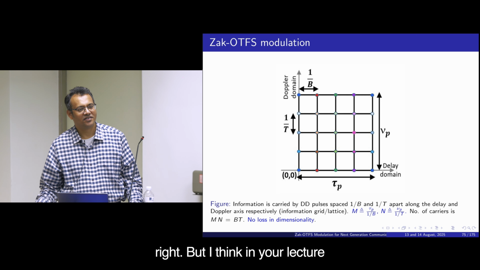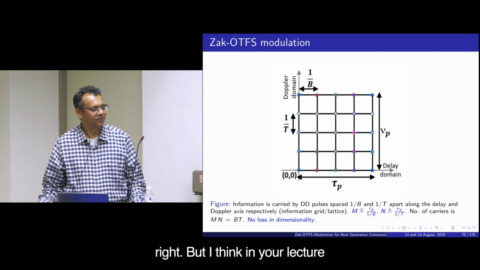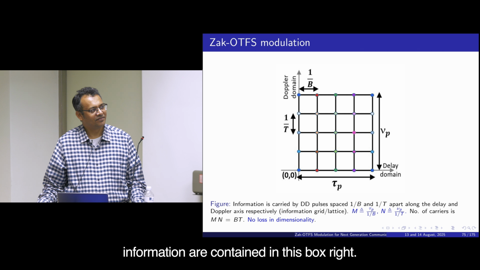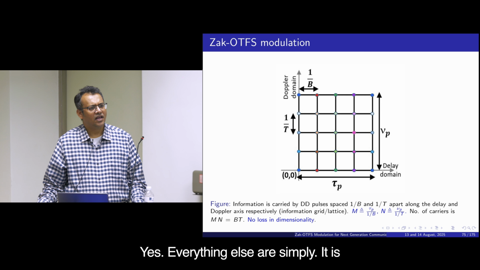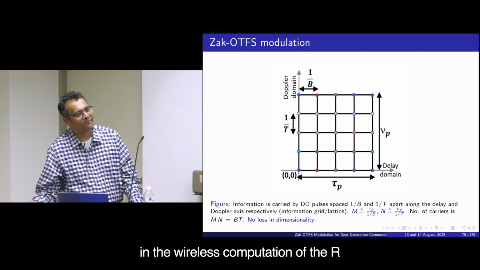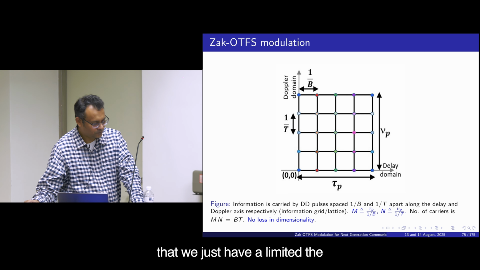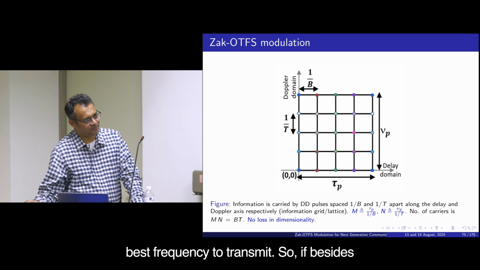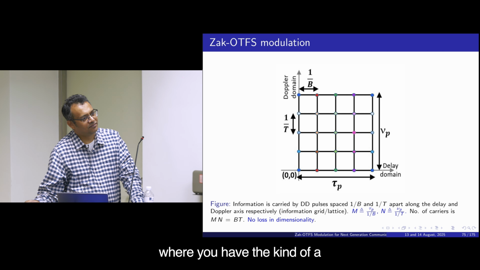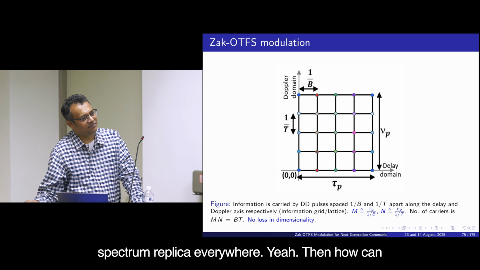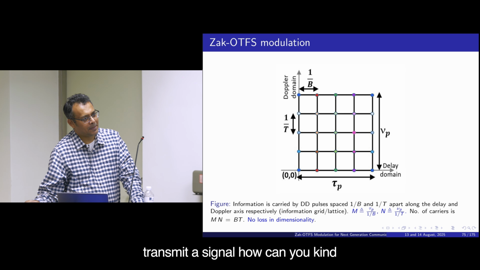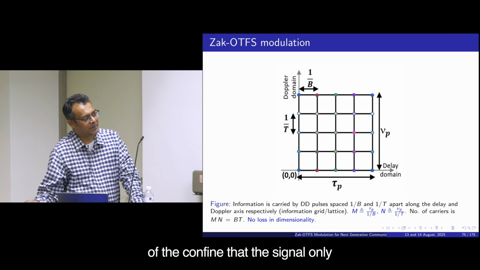Basically that, right? But I think in your lecture yesterday you mentioned that all the information is contained in this box, right? Yes. Everything else is simply a copy, a replica. Okay. But in wireless communication, we just have a limited baseband frequency to transmit. So besides the useful information contained in this box, where you have the spectrum replica everywhere, then when you transmit a signal, how can you